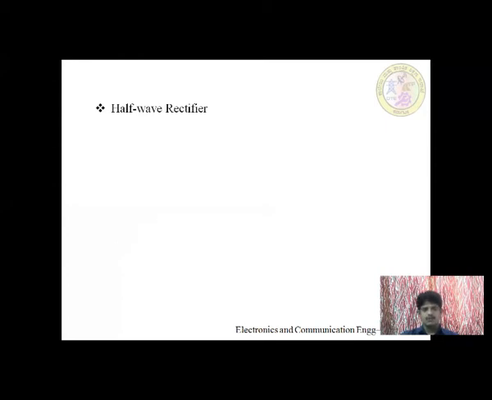A half-wave rectifier has a single diode, and it gives output for half of the input signal. It may be for the positive half or the negative half, depending upon the placement of the diode. Next, we have learned about the full wave rectifier. In this, the output is present for the full wave of the input signal. That is why it is called a full wave rectifier. It may have 2 diodes or 4 diodes based on the